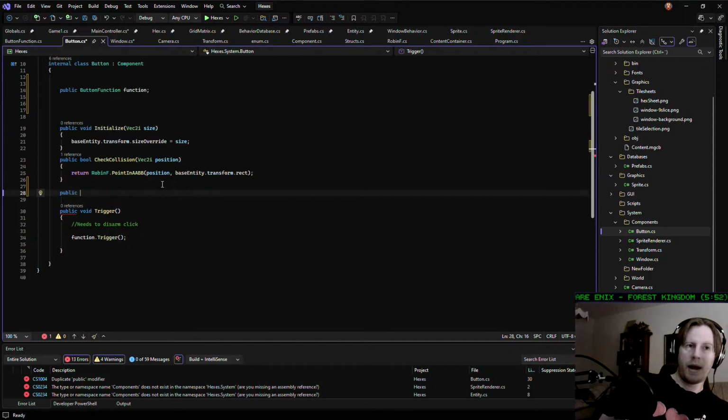So an object that has the window component wouldn't necessarily need the sprite renderer. Now, it probably should have the sprite renderer, but it doesn't need to have it. The way you could do it is that